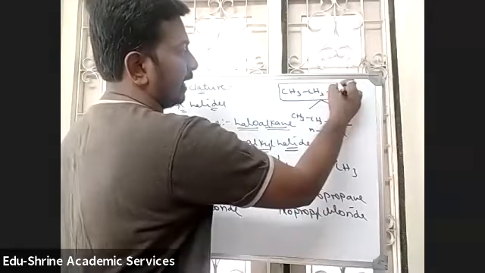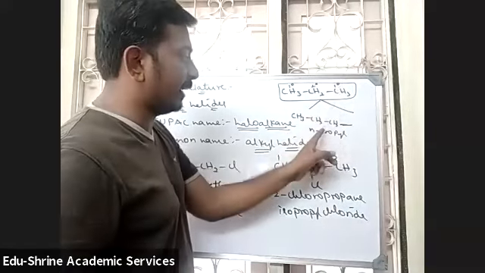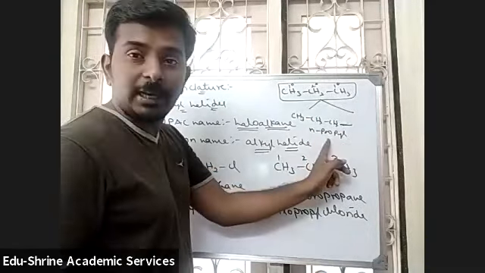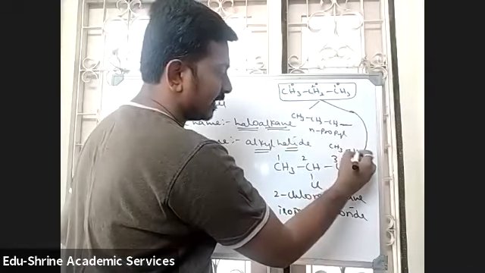That means this is a primary carbon atom, this is a secondary carbon atom, this is primary. So if I replace a hydrogen on the primary carbon atom with any other group, it is said to be N-propyl. Suppose I replace a secondary hydrogen atom from the secondary carbon atom, then what will you get? CH3, CH, CH2.